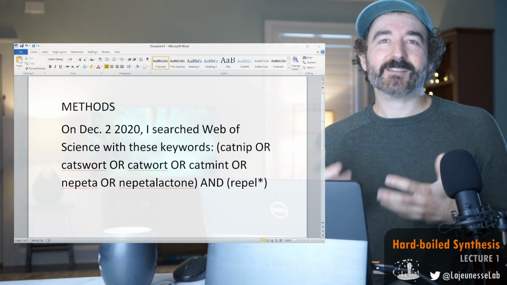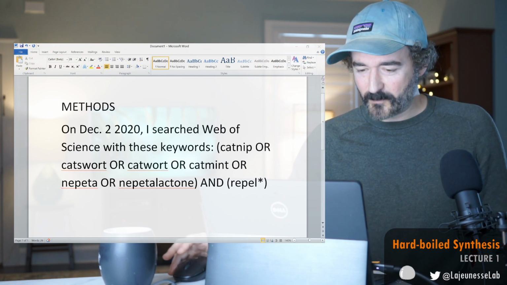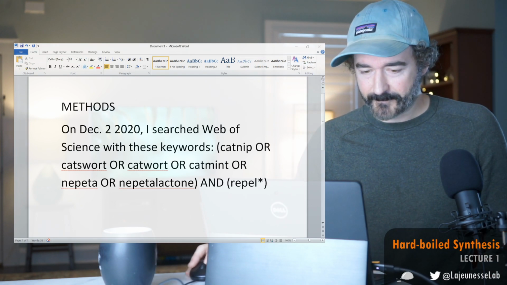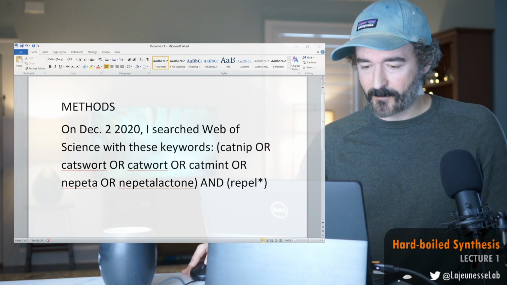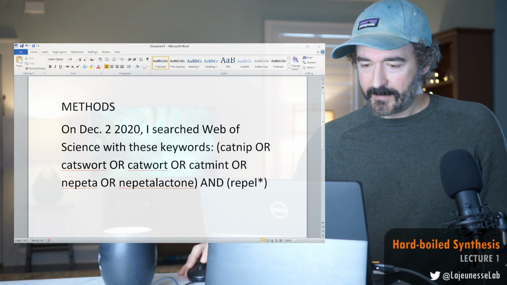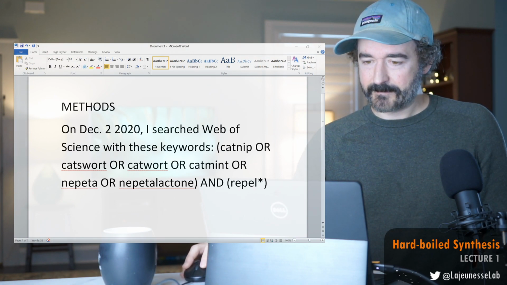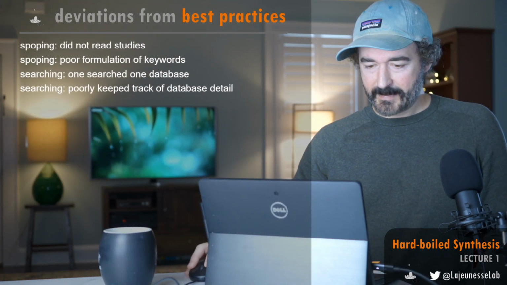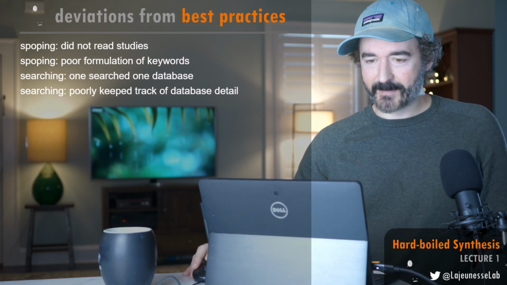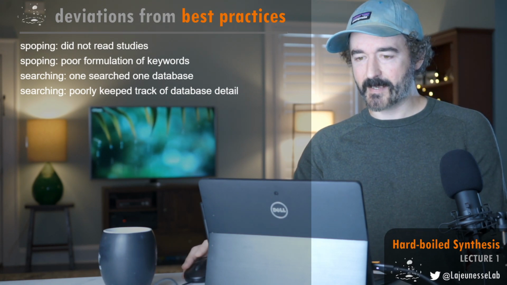But there are ways to sniff out exactly where all these studies come from. And so what I'm going to do here is, let's save this, head over to the wall of shame, and I think what probably needs to happen is I need to log back into Web of Science.